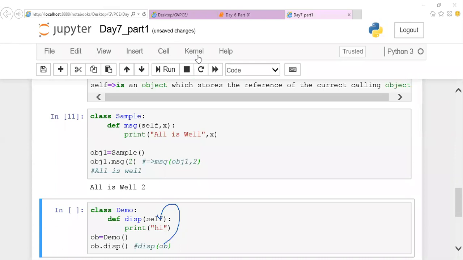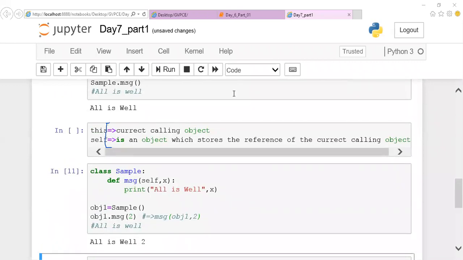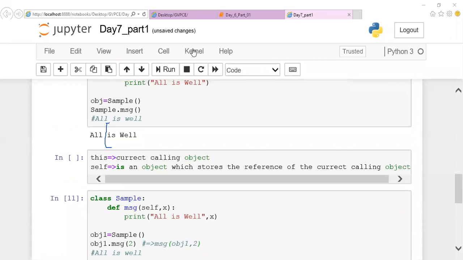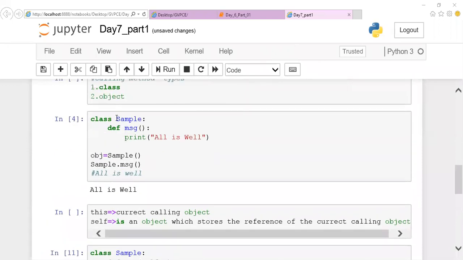What if we call the class, does it take the argument in the same way as an object? We'll never call the class. We'll invoke only the element inside the class. We did sample dot message, no, ma'am. Sample dot message. We are just invoking the method called message by using the class, which acts like a container. We are not going to call a class at all. Only an object can be created for it. Do you have any more doubts?